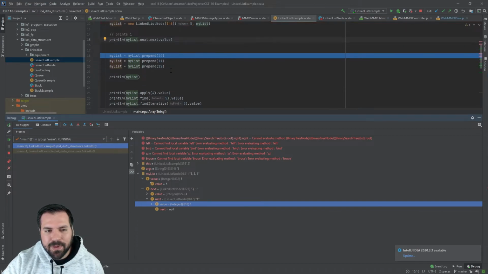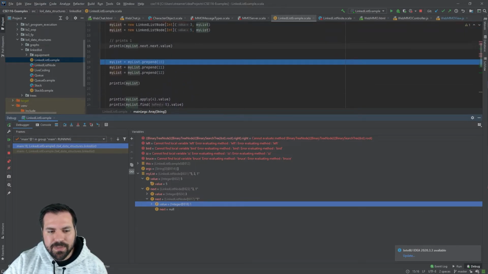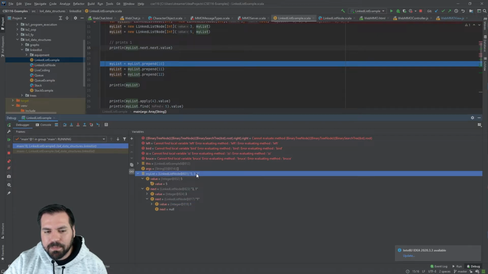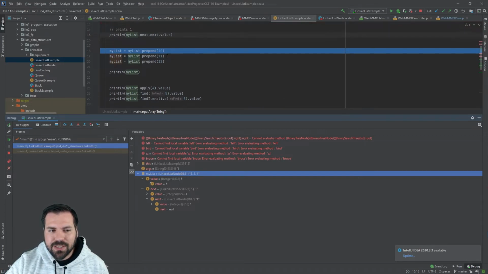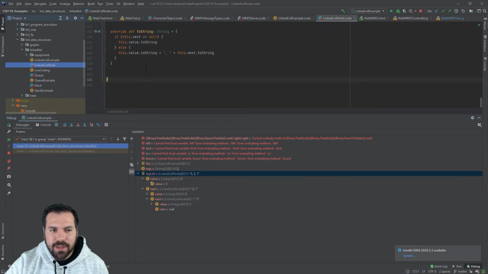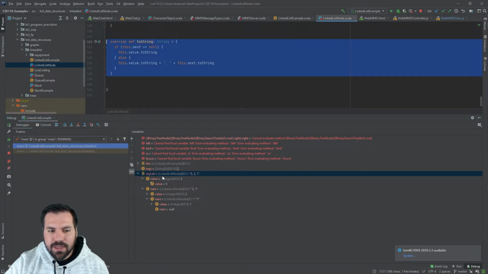We didn't talk about prepend, so I won't get into those too much. But one thing you can see in the debugger is it is actually showing like 531 here. What it shows right here is the toString of that object. So this object's toString has been overridden with this. So to get this string displayed in the debugger, it's going to take this object and call toString on it, which is going to be this recursive call, to be able to get that printed to the screen.